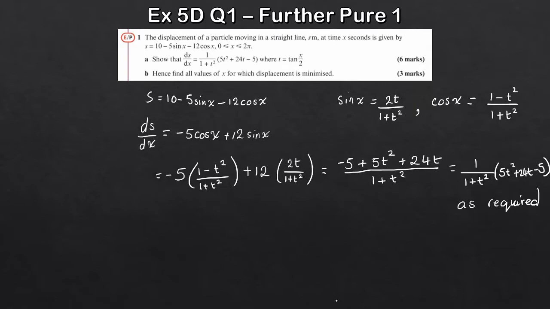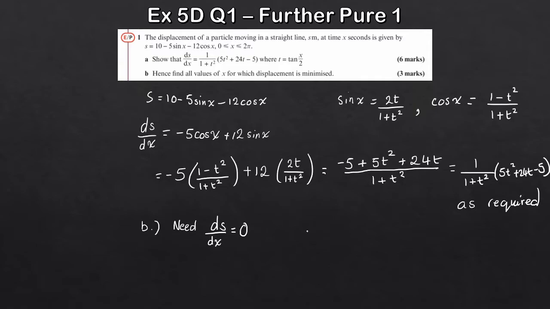Part B is a hence find. So if you see hence in the question, we're going to use the previous part to help us. So the first thing I can do here is use the derivative. So if we want the part where the displacement is minimised, the value of x for which this is minimised, the first thing to know is that this must be when the derivative is equal to 0. So for part B here, we need ds by dx